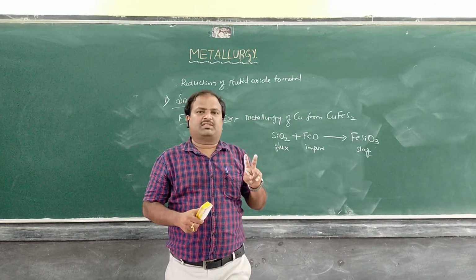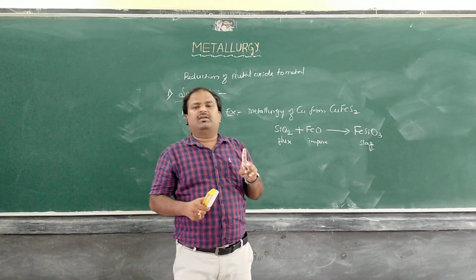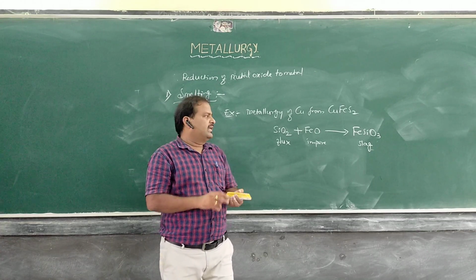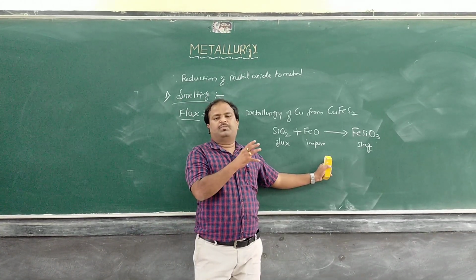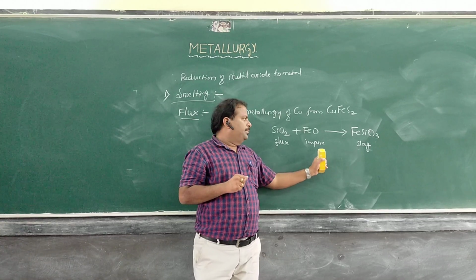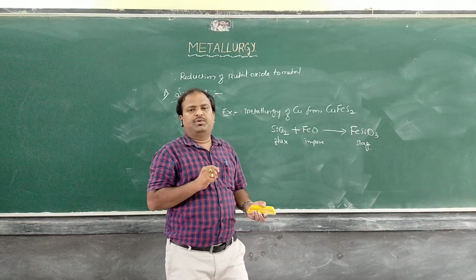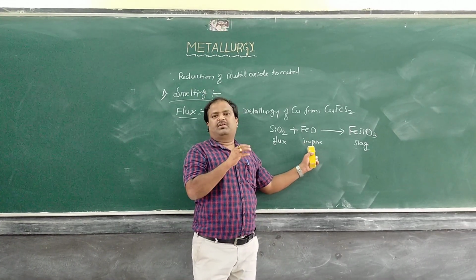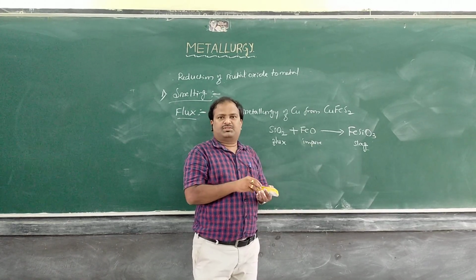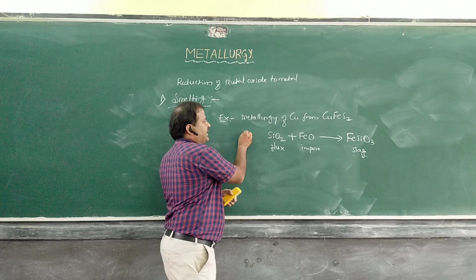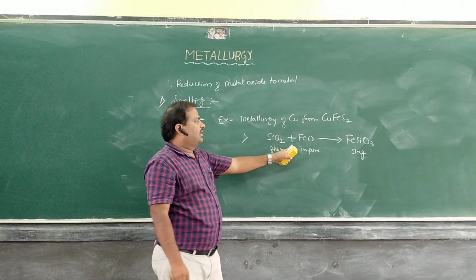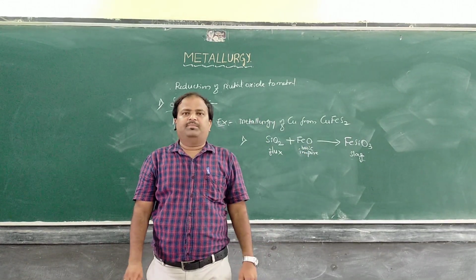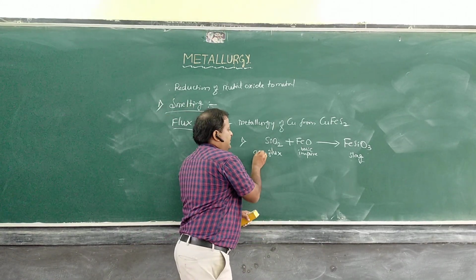So there are two types of flux. One is acidic flux and another one is basic flux. The use of flux depends upon the nature of impurity or the nature of gangue. If basic nature of gangue or impurity, then acidic flux is used. If acidic nature of impurity or gangue, then basic flux is used. Example, so this is one of the examples here. SiO2 or FeO is basic impurity or basic gangue. Here acidic